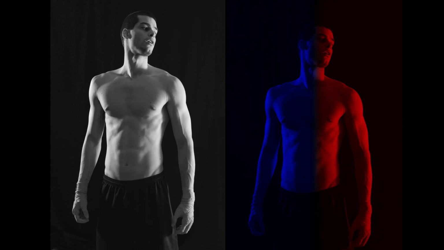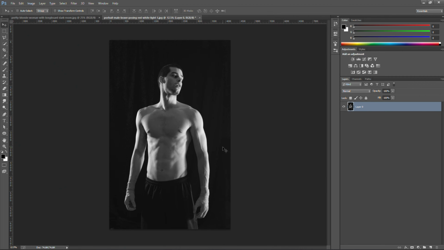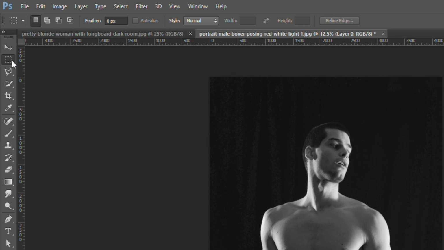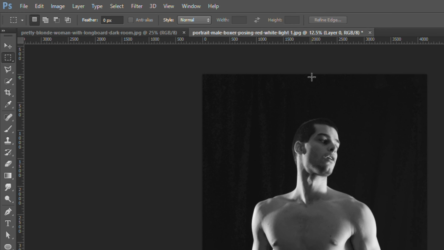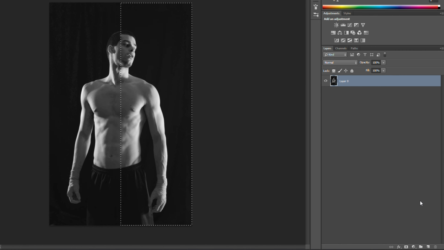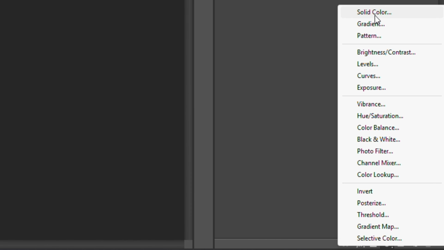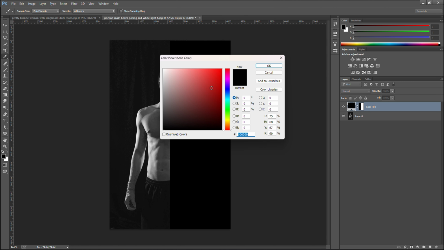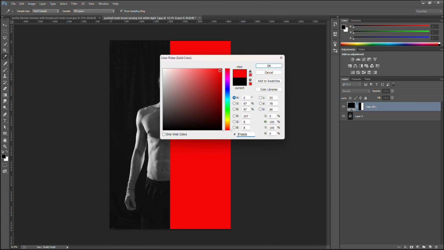Today I'm gonna show you how to make the dual lightning effect in Photoshop. So the first thing that we have to do is to take a rectangular marquee tool and make a selection like this. And now we have to create a new layer of solid color adjustment and pick a color of whatever you want. I'm going to choose red